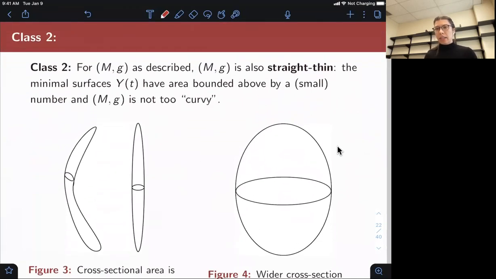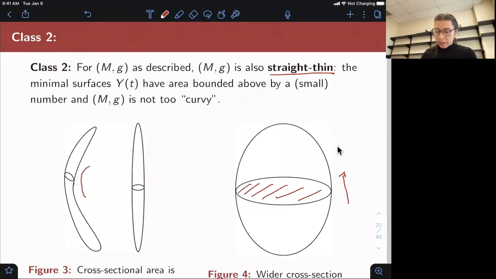My second class arises from a trade-off between having more curvature, but then I want to make the manifolds a little bit skinny. So I'm going to call this class of manifolds straight thin. What this means is that if my manifold in the direction of the foliation by the curves is fairly straight, then I'm allowed to take minimal surfaces which have a wide girth, so this area could be large. But if my